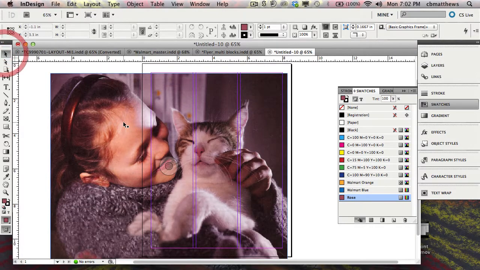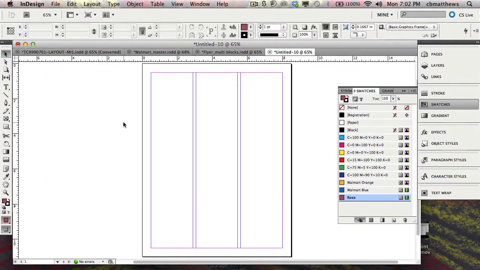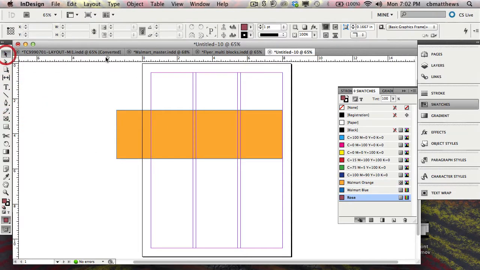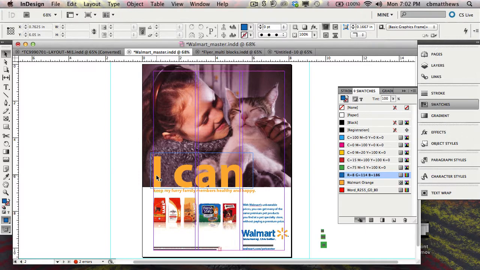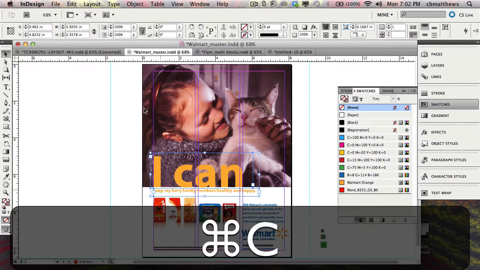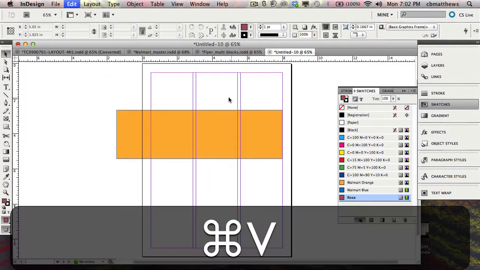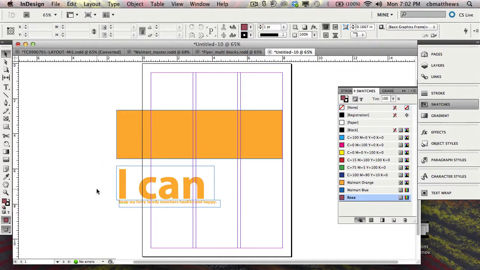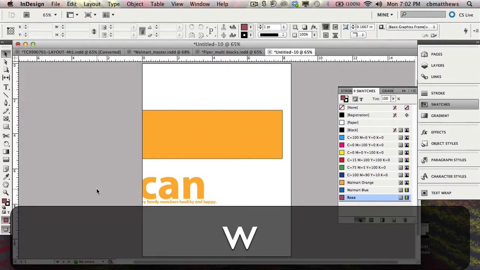The nice thing about taking the time to do that is that I can use that color fairly quickly. If I was going to add some kind of a rectangle, I can very quickly add any one of those colors to it. Or I'm just going to select these two lines of type and move it back to my page. If I have that particular color selected and I later decide that I don't want to use that,